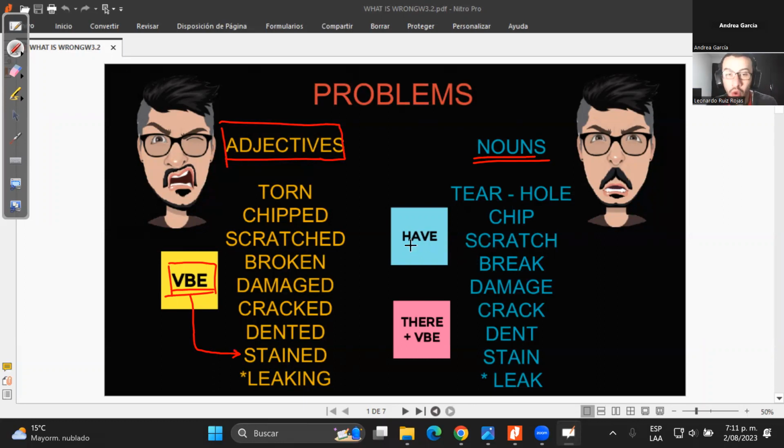So, or the object has. For example, the sweater has a stain, right? So that is the form of the noun. Bueno, let's see then first which are the first problems, and then of course the difference is clear, but let's see how can we use it both. In the first case, we are talking about torn, an object that is torn, or an object that has a tear or a hole. Especially when we talk about fabric.